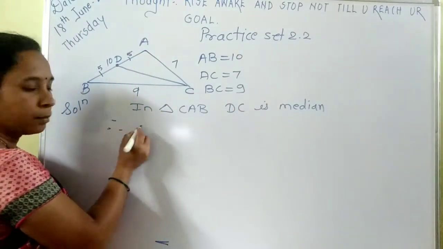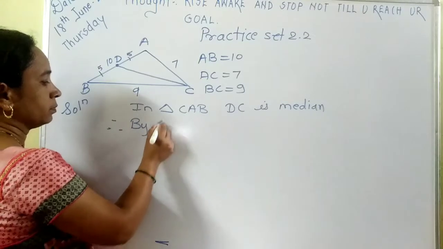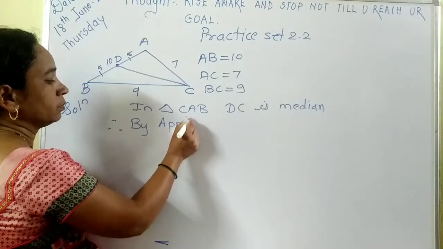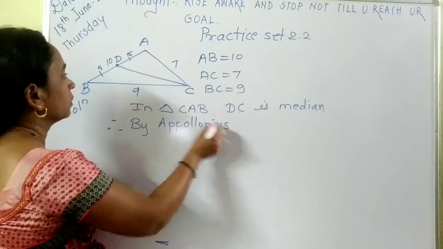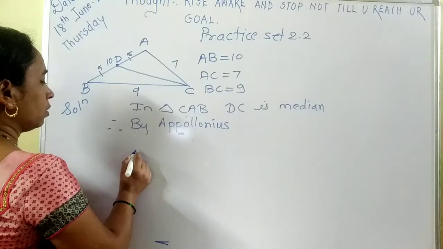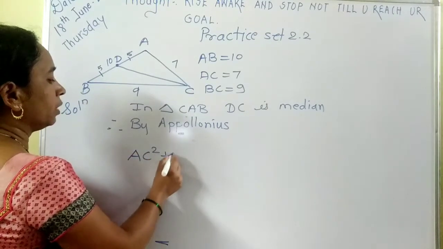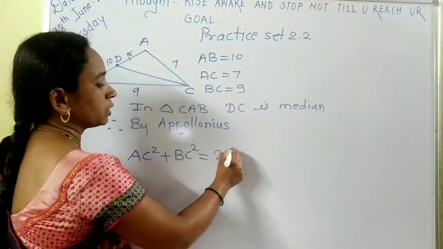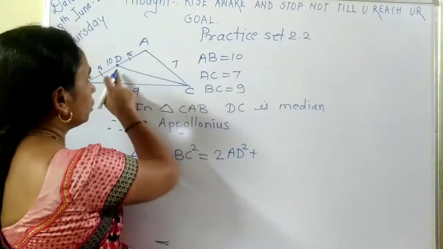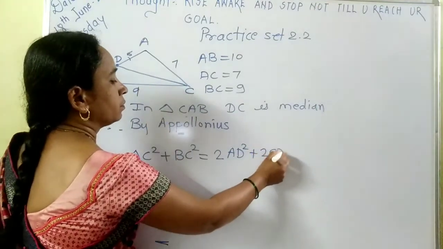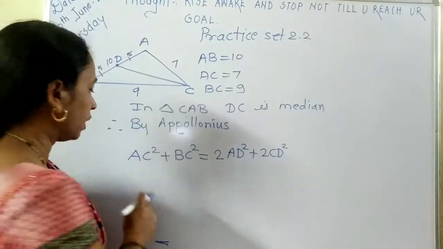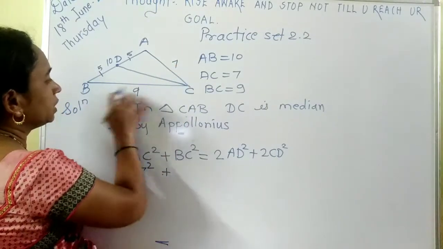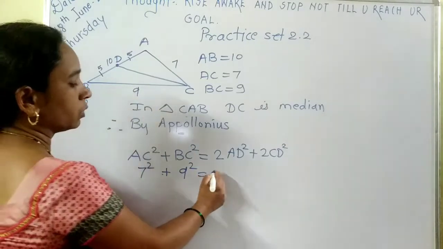So therefore by Apollonius, we'll write AC square plus BC square is equal to 2 times AD square plus 2 times the median CD square. Put the values: AC square, this value is 7 square, plus BC is 9, so 9 square, is equal to 2 times